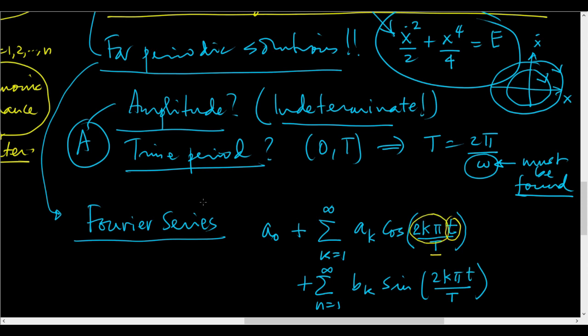That is what will give me the Fourier series. So 2 pi, 4 pi, 6 pi, and so on. Now this is the full expansion,